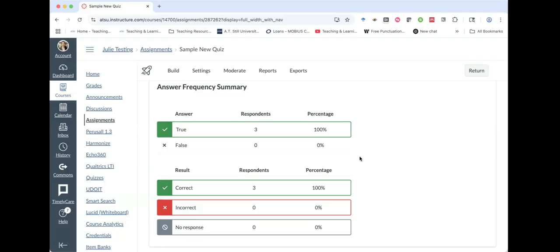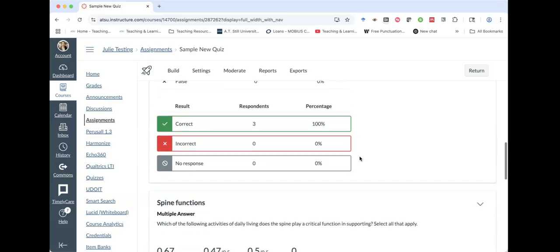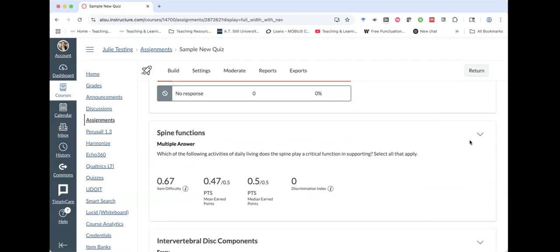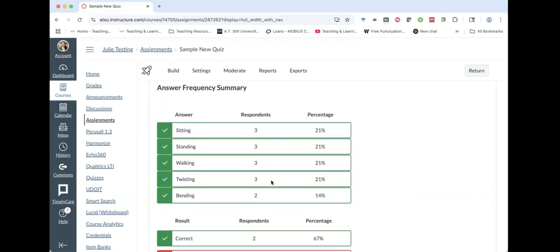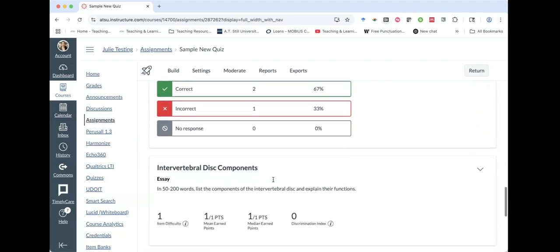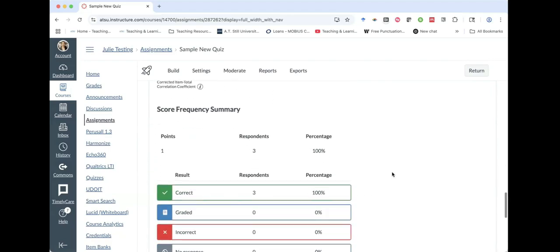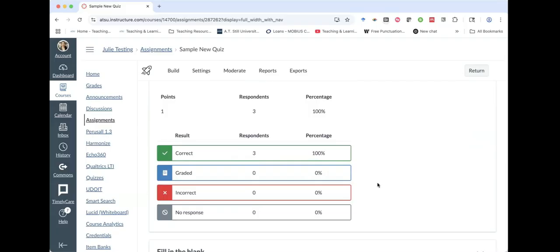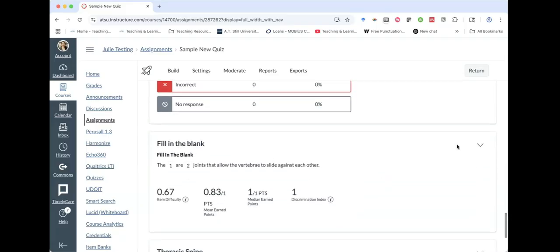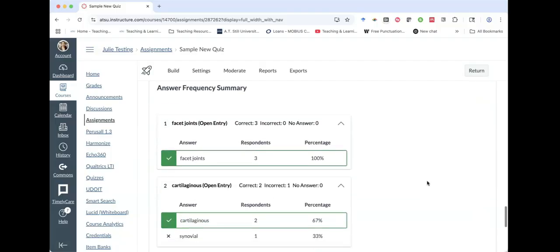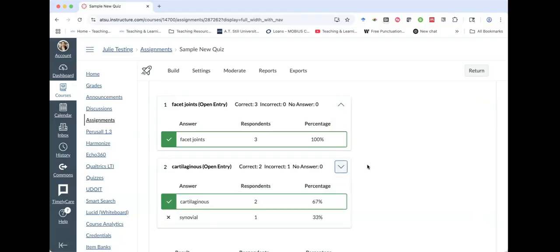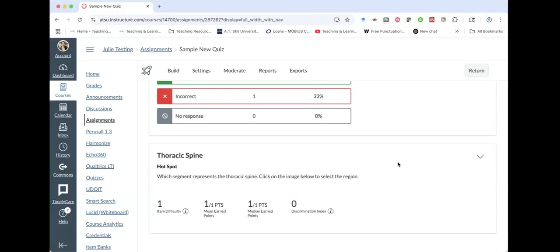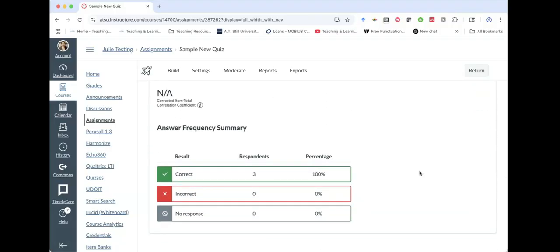So for each question, we'll get an answer frequency summary, but that will look a little bit different based on the question type. So quickly, if I can scroll through here, we can see a multiple answer question. We'll have an answer frequency summary that shows us how many respondents clicked on each of the answers. An essay question will also show a little bit different. It'll show how many people got it correct or incorrect, for example. Fill in the blank questions. We'll have a frequency summary that indicates how many of them answered what way. These can be collapsed or expanded. And then a hotspot question will also look a little bit different and will just show us how many people